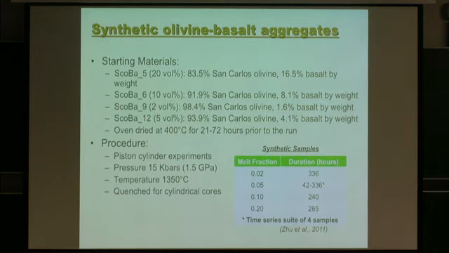So in this case, the first set of experiments we did had a starting material of San Carlos olivine and basaltic melt, so that's why it is called SCOBA. So San Carlos olivine plus basalt, right? With 20, 10, 5, and 2% of MORB mixture, and then we put it in the piston cylinder and cook it at 1.5 GPa and 1350 C, and quench it and drill the cylindrical cores for